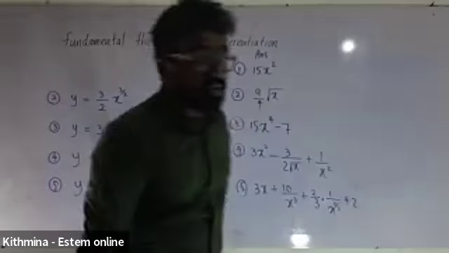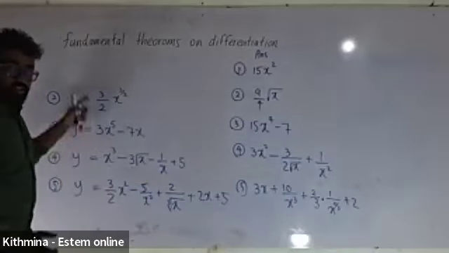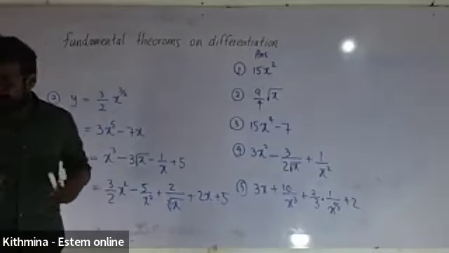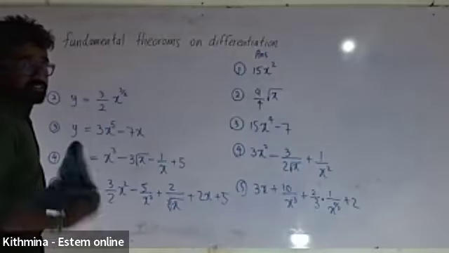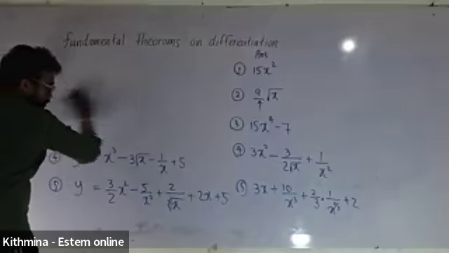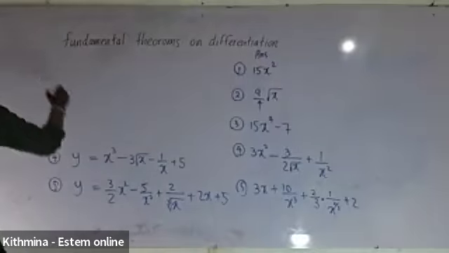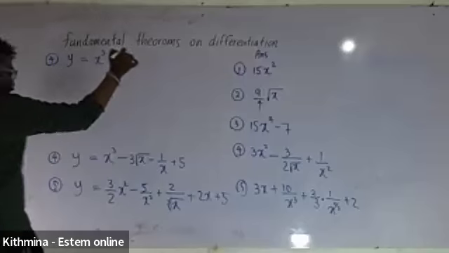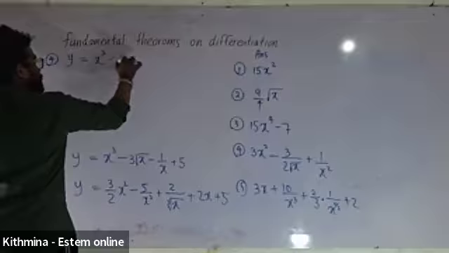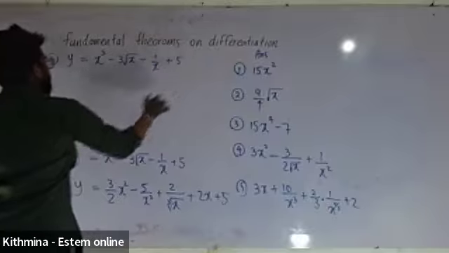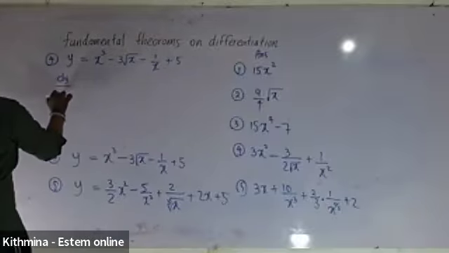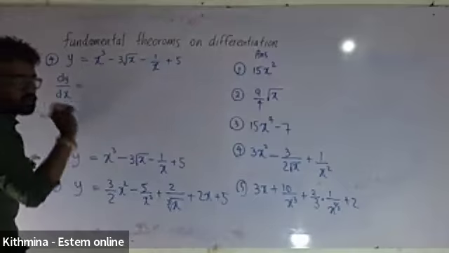Sunil, you have some problems in 4 questions, no? 2 and 3, okay? Is it okay? 2 and 3? Yes sir, 2 and 3 okay. You have problems in 4, no? Yes. Right. y equals x cubed minus 3 root x minus 1 over x plus 5. Then dy over dx equals